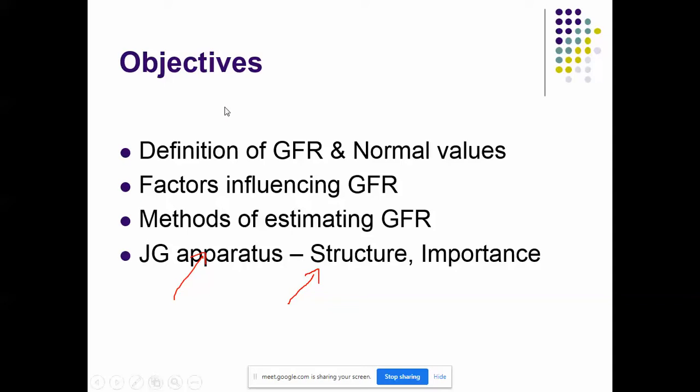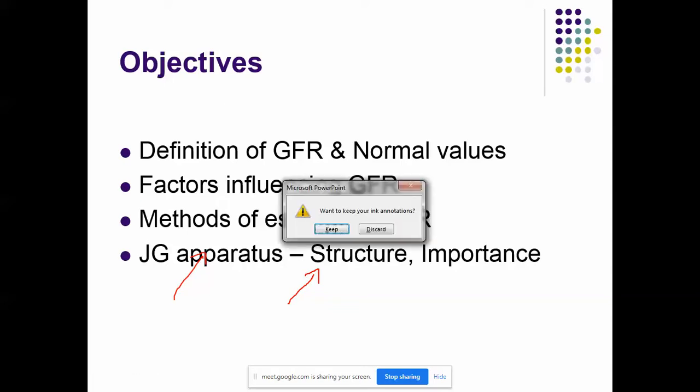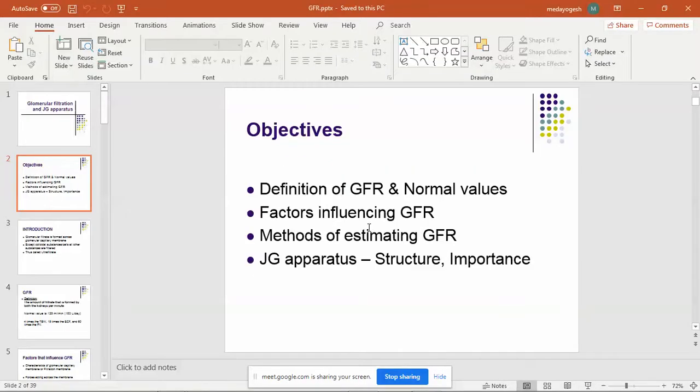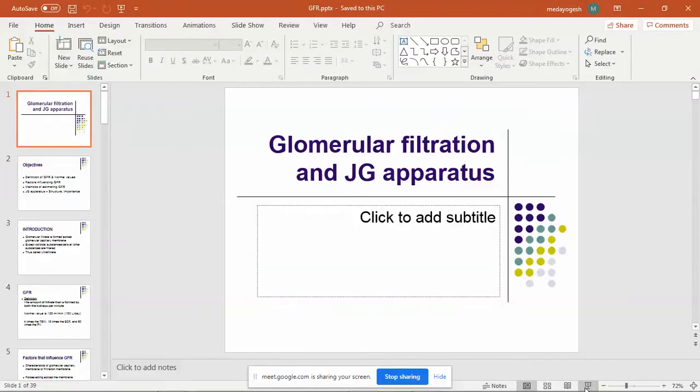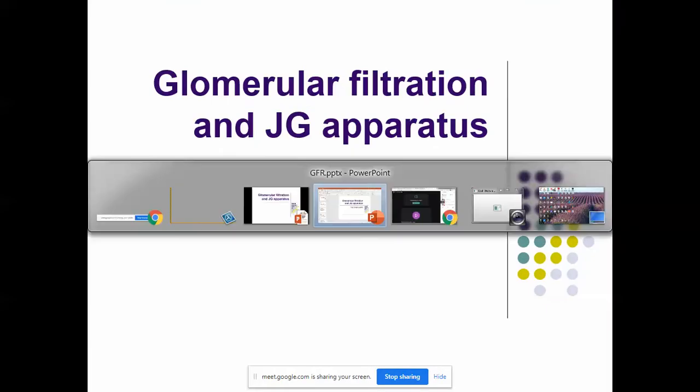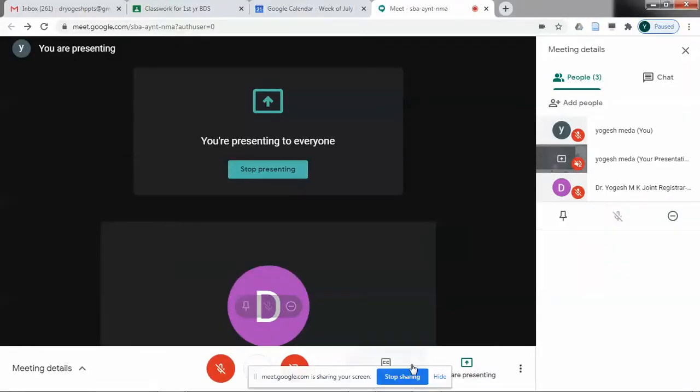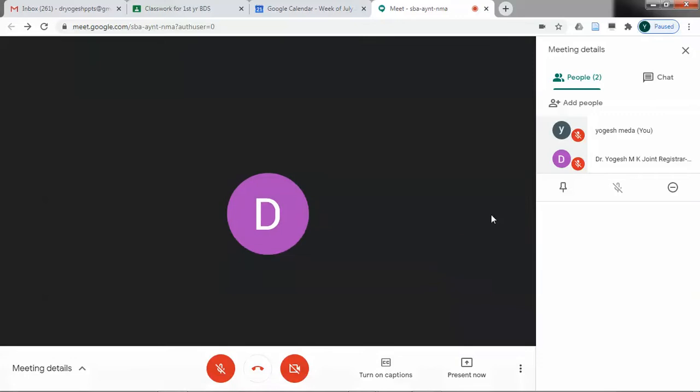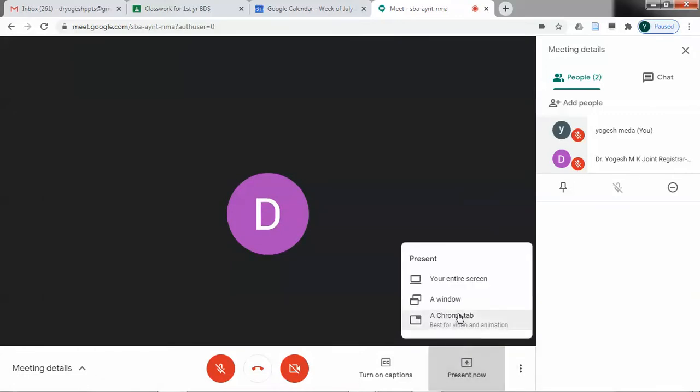Or the other way is I will just come out of this. Now let's say you open your PowerPoint, you have kept your PowerPoint ready. I will go to the Google Meet. Now I will just give stop sharing. Now when I click on present now, I don't want my students to see my entire screen, because sometimes if you share your entire screen, you may have some of your personal photographs as a background, so to avoid those things, you can just